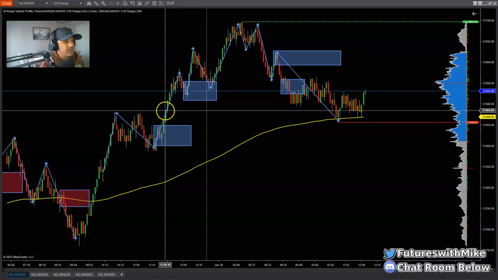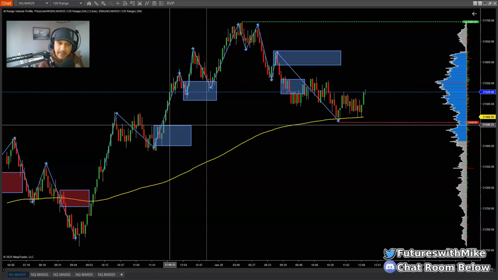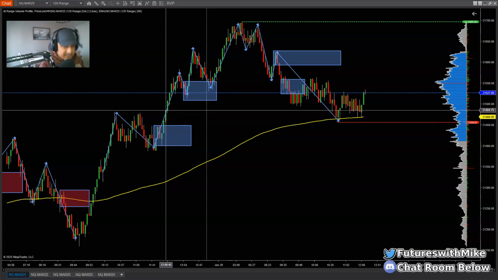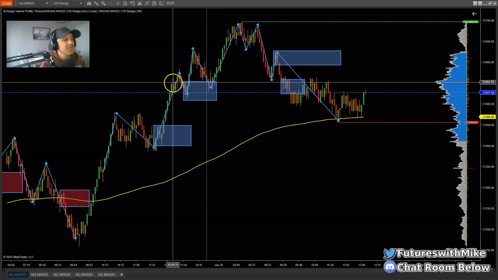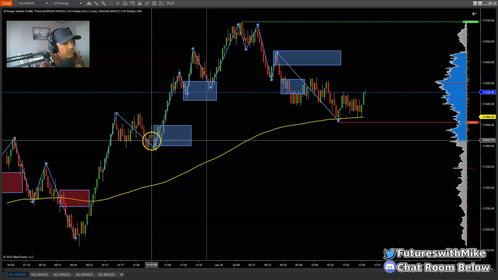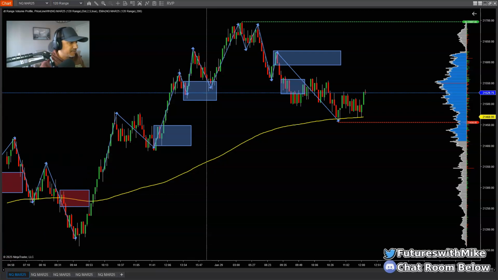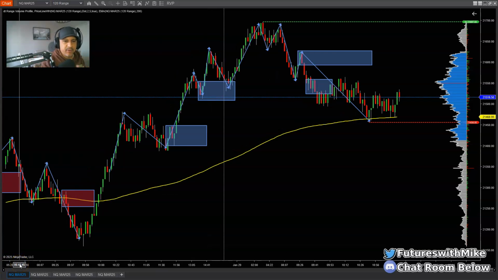Would I be interested in trading this? I would be a little bit more leery because this wasn't technically the best breaker structure, even though it is a breaker structure. I classify that as a slight breaker structure where there's not a lot of bullish momentum to the upside. I want to see strong pushes, either up or down, that broke through that swing, that took out that high or a low, breaking through an area structure. So just keep your eye on those big pushes, okay?